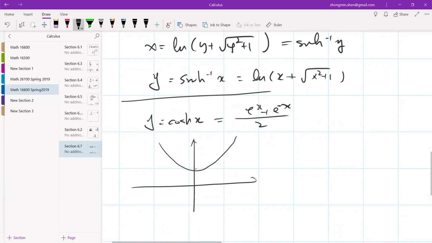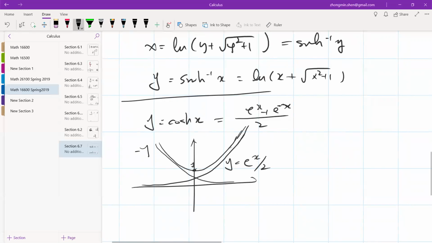It's going to be like that. It looks like a parabola, but it's not really a parabola. When x equals 0, it's 1. So this is a parabola. This is an exponential function. This one is very close to that exponential function when x is sufficiently large. Here's another one,